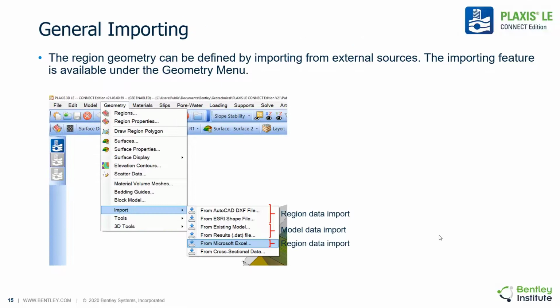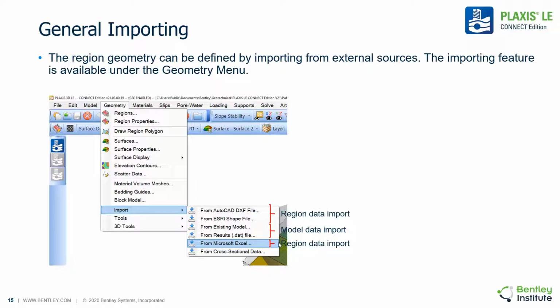When talking about importing external sources, we can find the import feature available under the geometry menu to import different types of data file. So if we take a look at this dialog, we'll notice that there are several different types of importing options here. Note that most of these importing options refer to the import of region data. If you'd like to import grids or meshes, then we'll need to access directly the surface properties referring to this